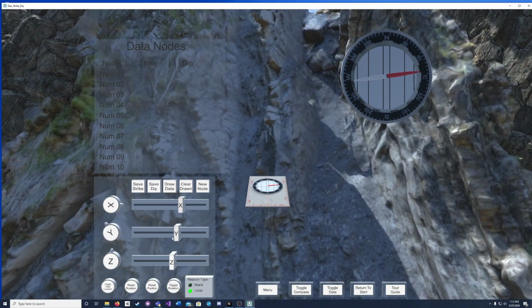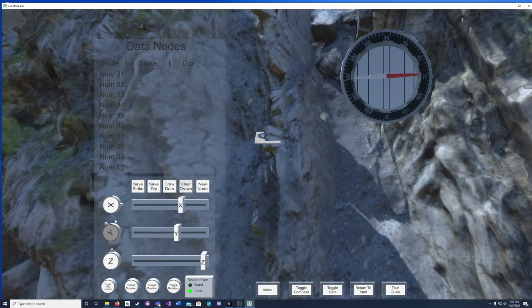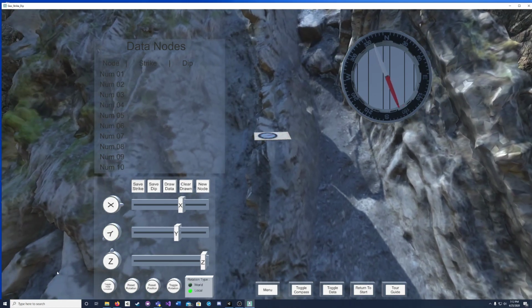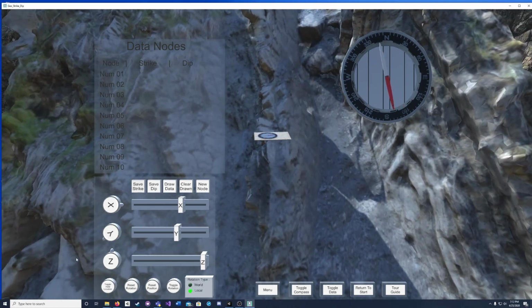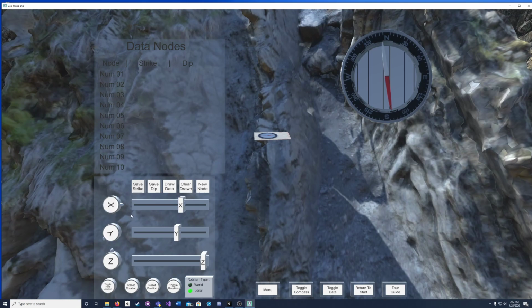So I'll give you a little demo of that. Move the compass forward here and rotate it a little bit. Whenever you have it positioned in a way so that you can get the measurement you'd like, you can go ahead and use the data buttons up here to save the strike.